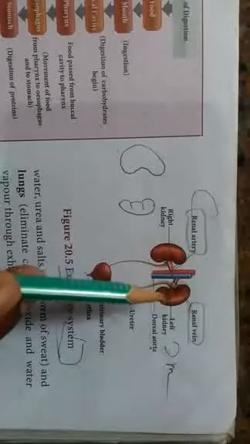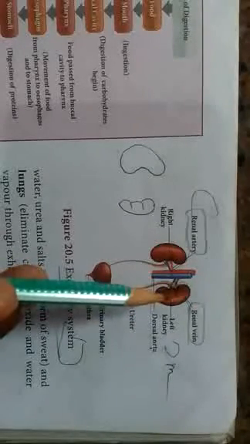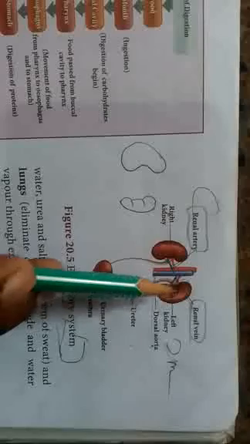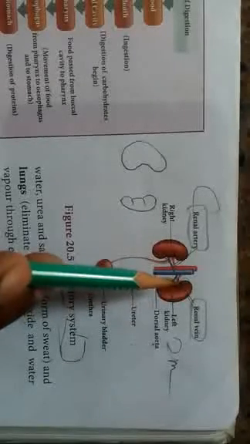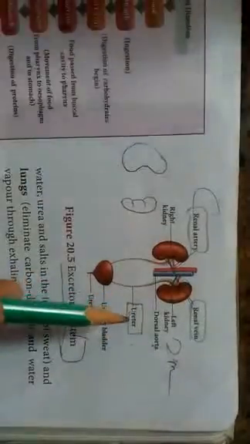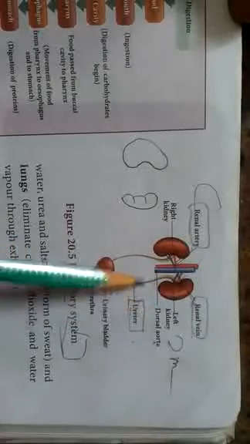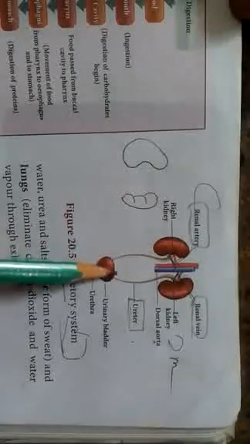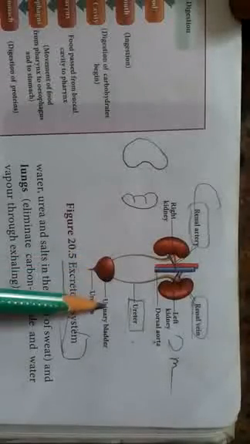The kidney filters the blood to separate the nitrogen waste materials from the blood. The purified blood goes into the blood vessel. The separated nitrogen waste like urea, uric acid and ammonia goes into a long tube called the ureter. The ureter is present between the kidney and the urinary bladder. The nitrogen waste goes into the ureter and is then collected into a bag-like structure called the urinary bladder.